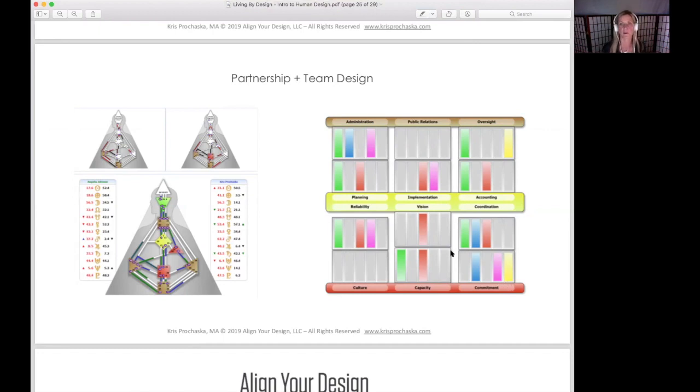And we're also looking for, are there any gaps in the team? Because that is where the energy is going to leak out, and that's where people are going to struggle. So in this team, as an example, culture is missing and public relations are missing. They've got everything else covered that's needed in a business team, but it's not necessarily consistent and holding together in culture. And they have nobody who's got the strengths to pull it out and share the business out in the world. So these are going to be two places where they seem to struggle. It's sort of like, how do we bring in new clients, and how do we have a cohesive culture here? So we can map that.